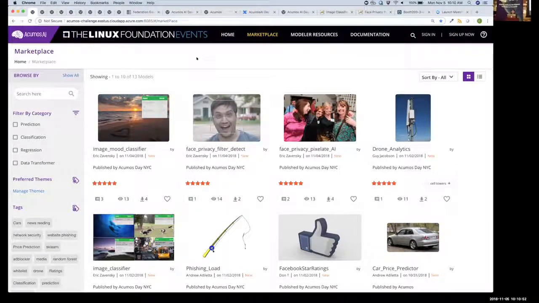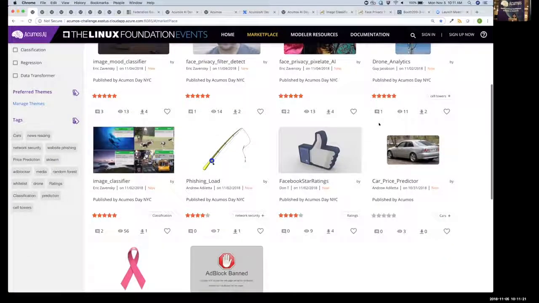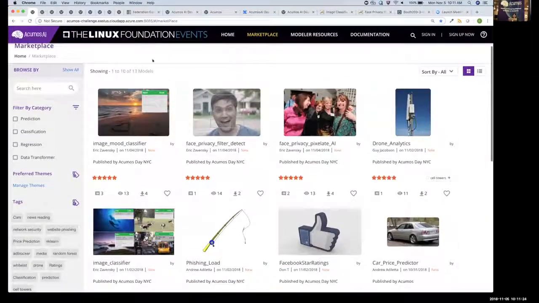Here is an example of an Acumos instance. We set this instance up for this event, and I will be walking you through the marketplace. Notice that I am not signed in right now, and I am looking at a public view of the marketplace. Each one of these tiles represents a machine learning model that was onboarded into this instance of Acumos. Right now, I see 13 models, but when I log in,